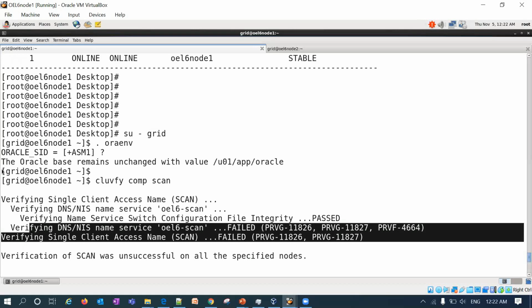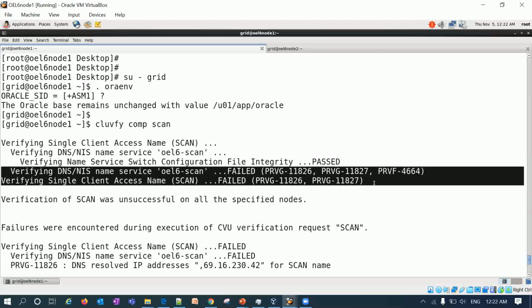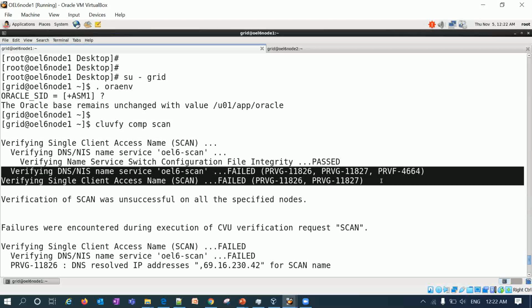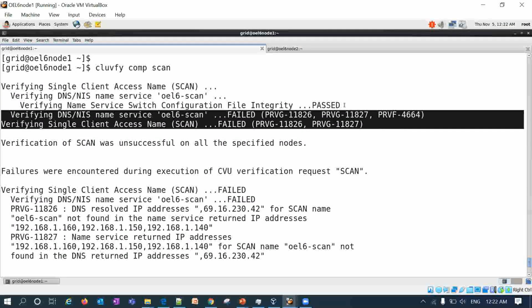And these scan errors are ignorable. It again depends upon your network settings or network integration that you have done. As I'm saying, this can be ignored, but it doesn't mean that it's applicable for all of the environments.